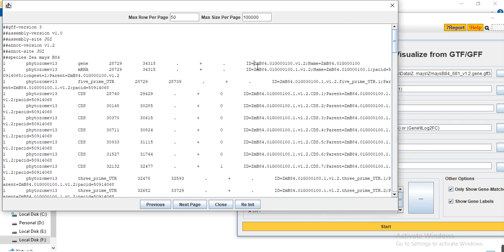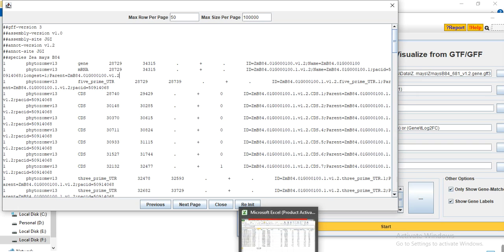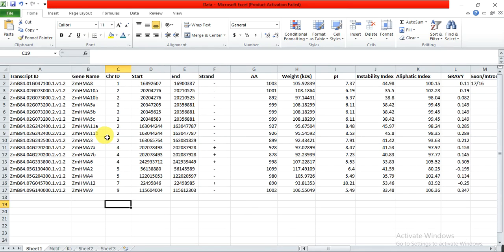The gene ID is like this up to this, and it also has dot v1.2. In our case, in the data file where we have already made our gene list, after the transcript ID we have dot one dot, so we have to remove this dot one dot. So copy this,